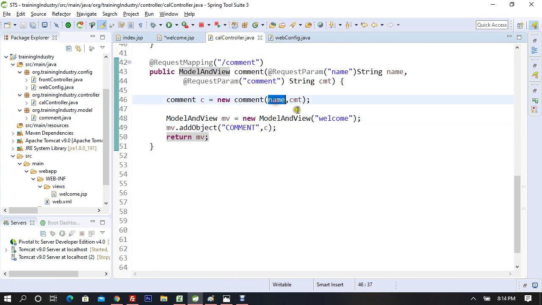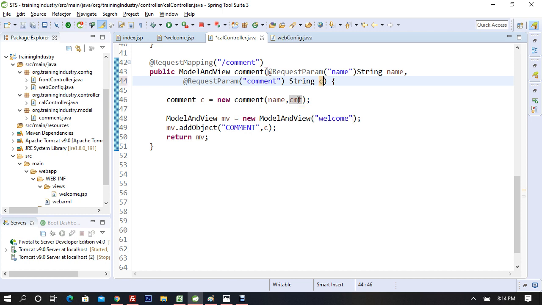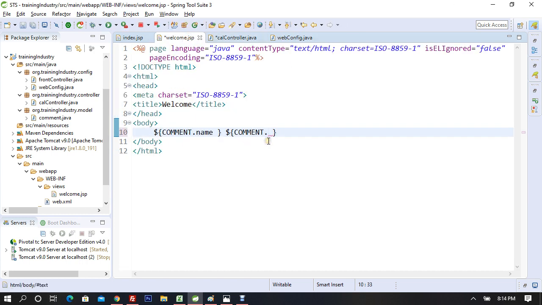Comment dot name and comment dot comment, CMT, or you can say string comment. Here also comment. Okay, right. When you call this, you pass two parameters. Both the parameters go to the object. Object goes to welcome, and in welcome, you say you want to get comment dot comment and comment dot name, because you are extracting it out of the